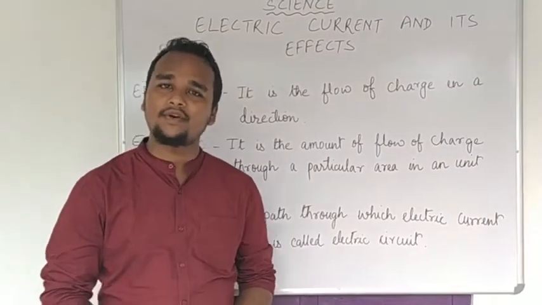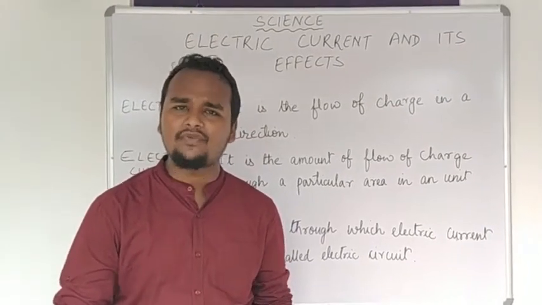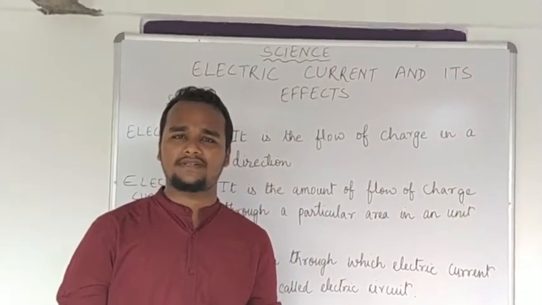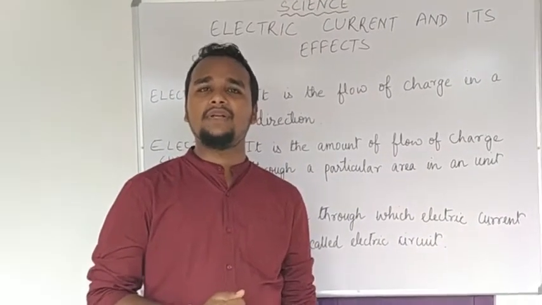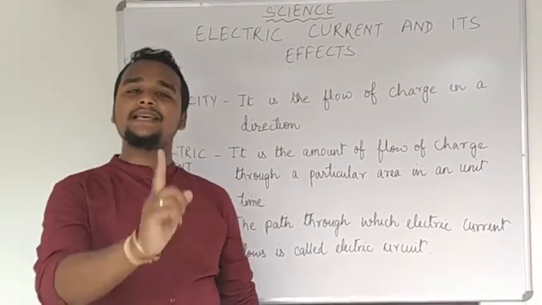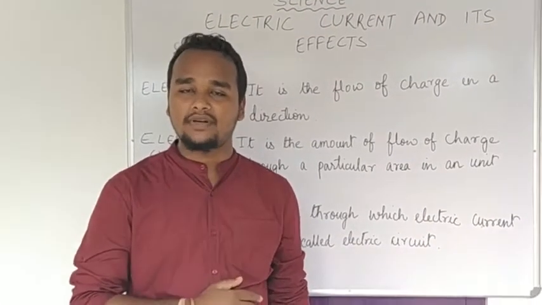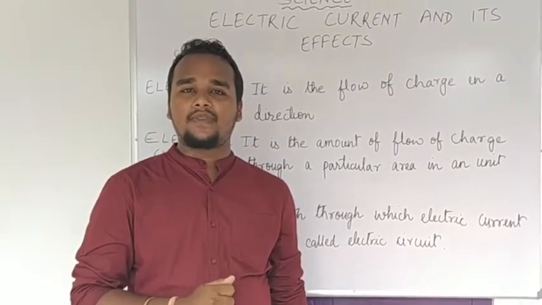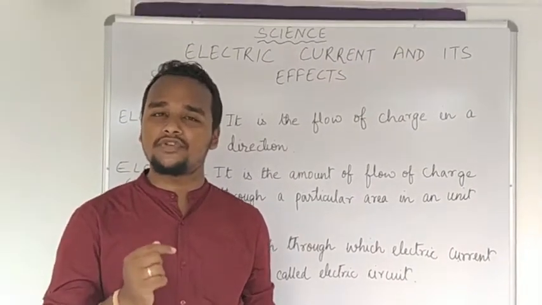The connection which is given inside your home, what things does it consist of? It consists of a switch. As an example, let me just say you want to switch on a fan. What will you do at first? You need electricity to run the fan, first of all. That electricity definition is already written here. It is the flow of charge. That means you need a charge to run that particular fan. Now, to run that fan, what do you need to do? You need to plug in the switch. You need to put the switch on.